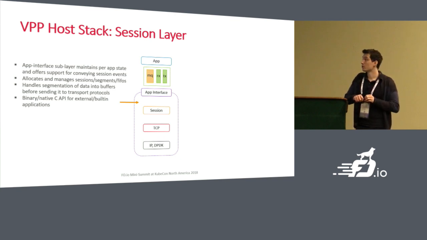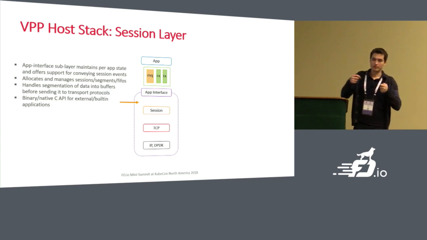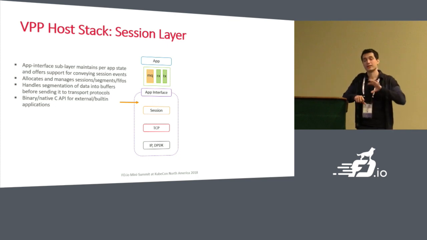This sublayer is also responsible for allocating the shared memory resources that the application and VPP use to notify each other of events and then exchange data. And amongst them are the shared memory segments. Apart from that, we have the message queues, which are used to convey events. And finally, the session layer per se is the one that allocates the thing that we call sessions, but then we use the app interface sublayer, because it's the one in charge of shared memory, to allocate shared memory FIFOs to have VPP and the applications exchange data.